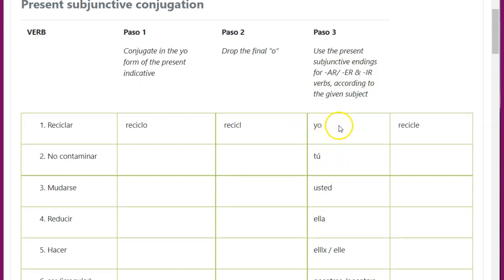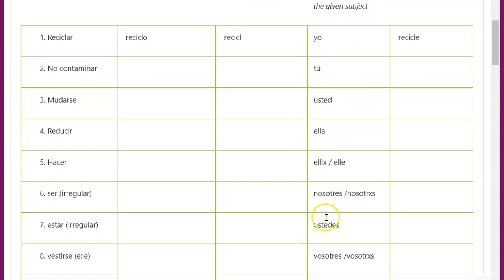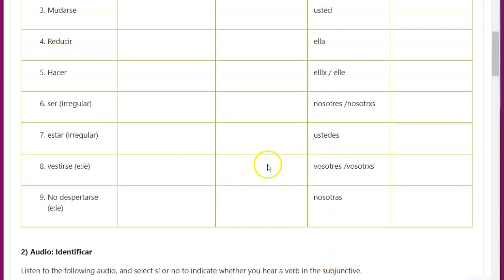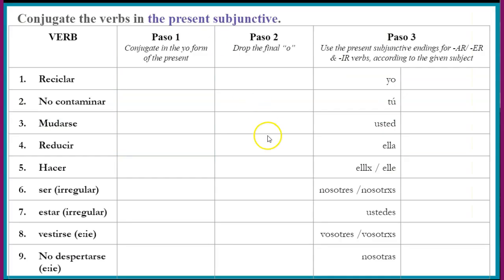I'm giving you here the subject. So you have to conjugate it according to this subject I'm giving you here. And just put your answer in the next column. Okay, just pause the video and finish that activity first.